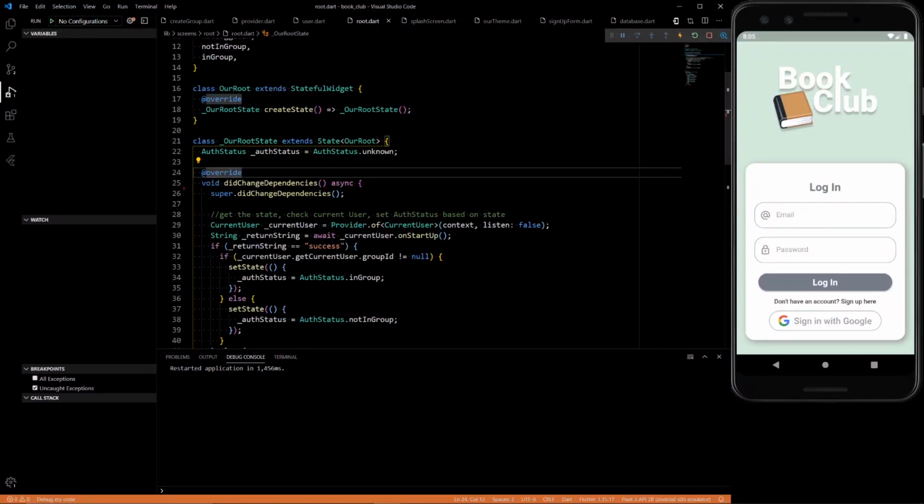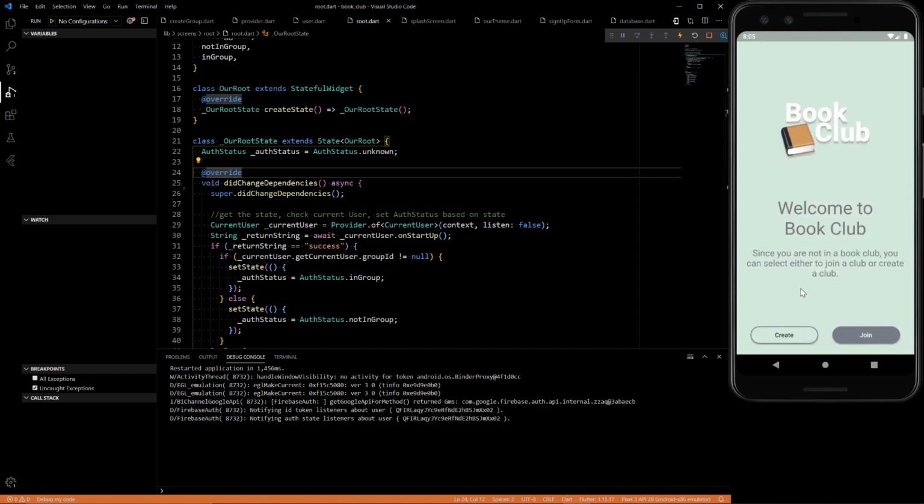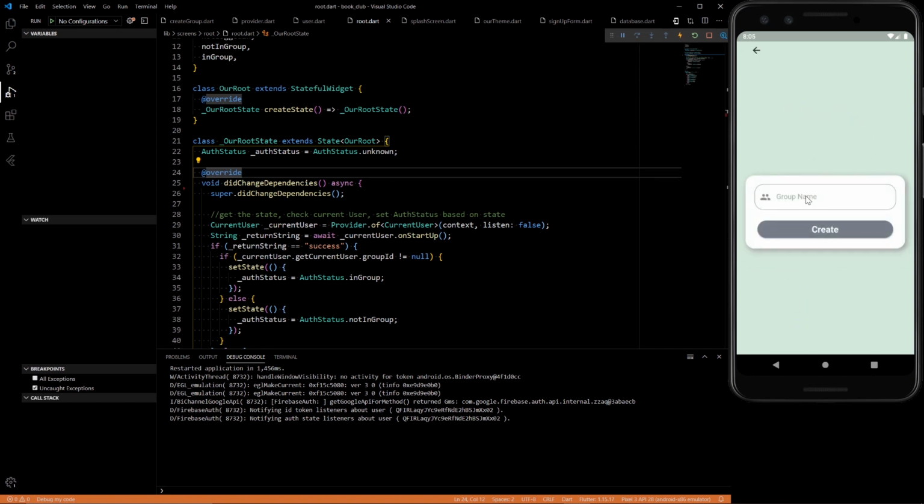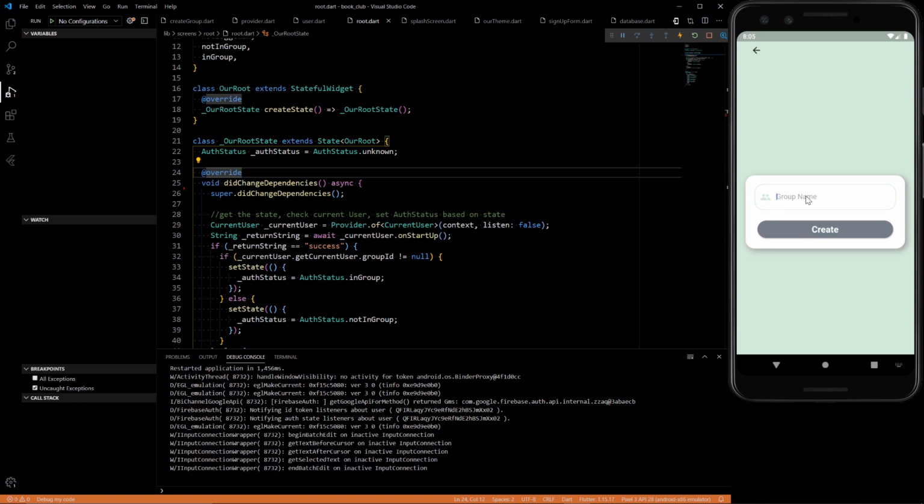What's up, coders? So in the previous episodes we created a login screen that's completely functional, and then when we sign in, if we're not in a group, we'll be guided to this page where we need to create a group or create a book club. We need to join or create one. So right now let's just create one. We'll call it